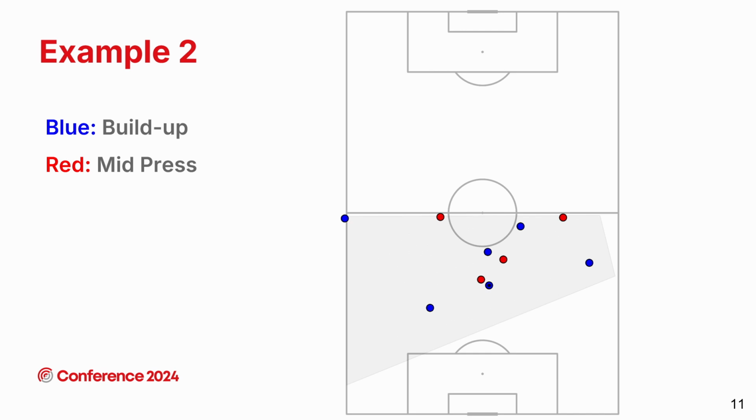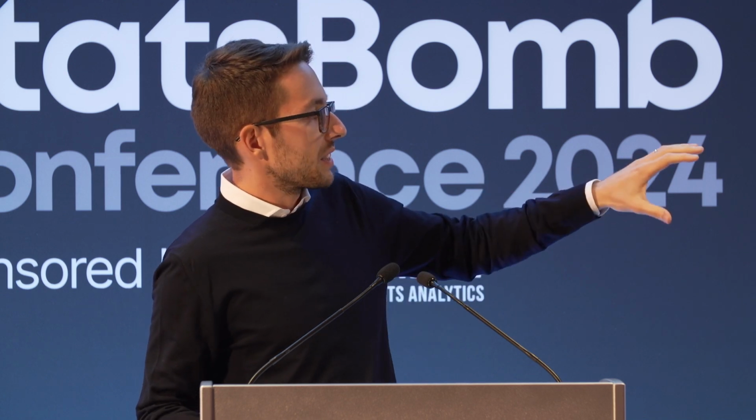And as we define the out-of-possession phases, our framework being dependent on the player positions on the pitch and not the ball location, our framework allows for more realistic matchups, being non-symmetric. So we have a build-up and a mid-press, and we do not have necessarily a build-up and a high block. That could be the case if we had assigned the out-of-possession phase to be dependent on the ball location, because otherwise the ball would be in the attacking third, so they would be in a high block, but they're actually in a mid-press, depending on the players' location.